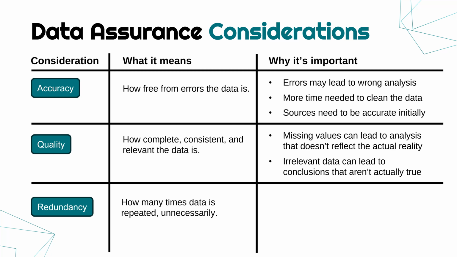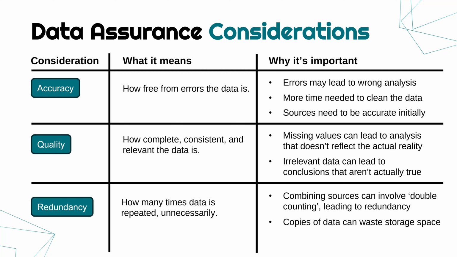Redundancy refers to how many times data is repeated unnecessarily. So if I've got the same value held 5 times when it only needs to be held once, that is redundant. And this can often happen if I'm combining multiple sources together. That may lead to double counting, where the same value is being recorded in both separate sources. I'm then combining it and getting twice as many as I need to. That's often how we get redundancy in our data sets. This is bad because ultimately we're wasting storage space. I'm having to store the same value multiple times for no good reason. And if I don't cut out this redundancy before moving on to analysis, some conclusions, some trends might seem stronger than they actually are because of this repetition.